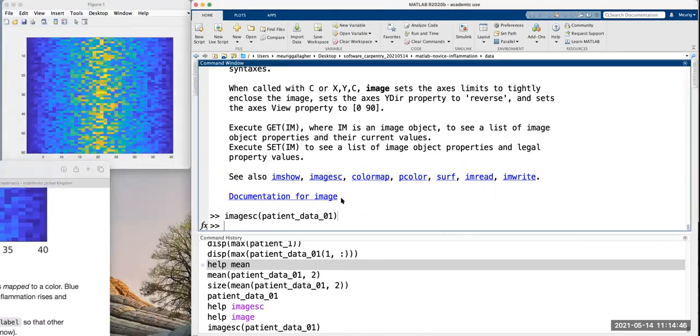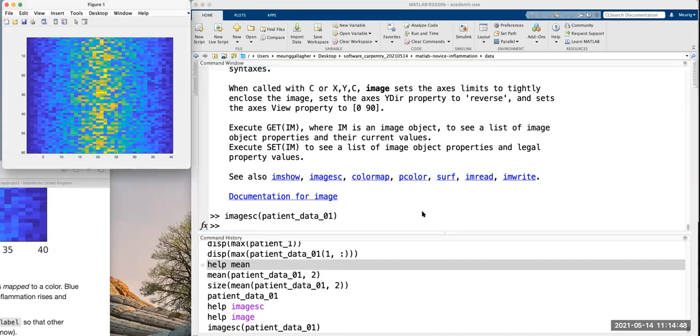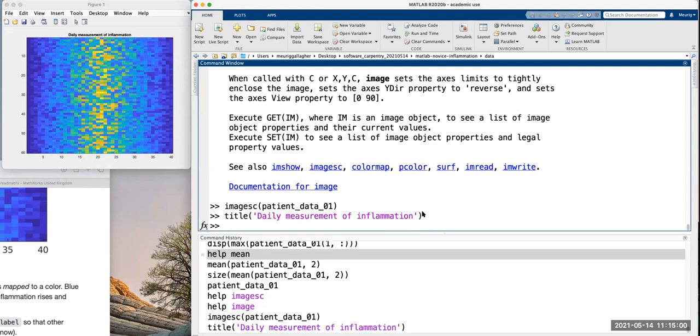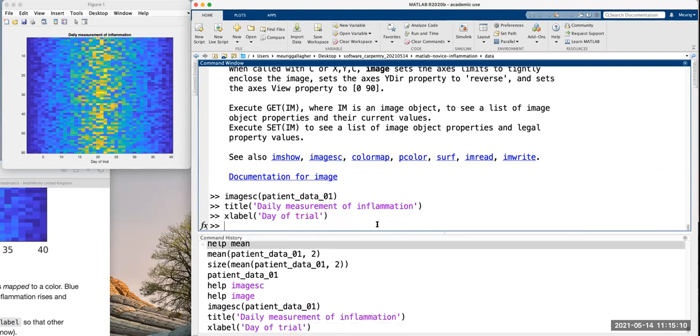If we extend that, we can now do some labeling, so this is more helpful. We can use the title command to say this is our daily measurement of inflammation. You see we've got a title that's appeared on top of our figure. Our x label, so our x-axis, is day of trial, and our y-axis is patient number.